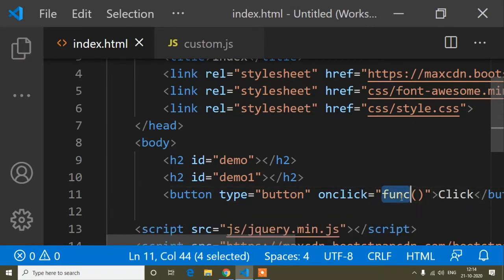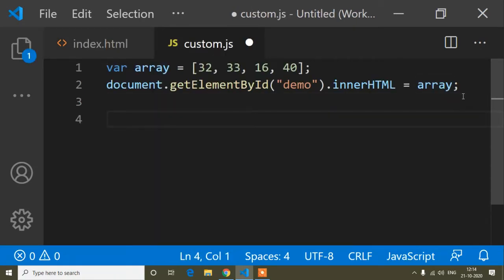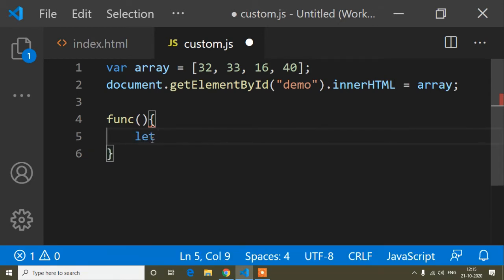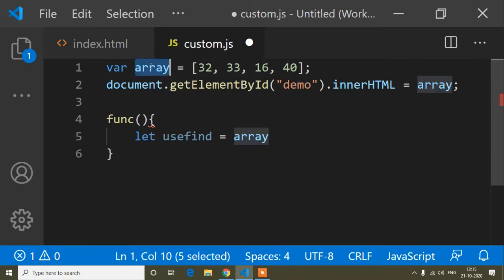So now I will copy this method name, because I will declare it in the JS file, and here I will paste the method name, and use the array find method. For that, first of all, I will take a variable with let, and the variable name is useFind. You can write any variable name; I wrote useFind because I am using the array find method. Okay, and now in this useFind variable, because I want to implement the find method on this array, I will write array dot